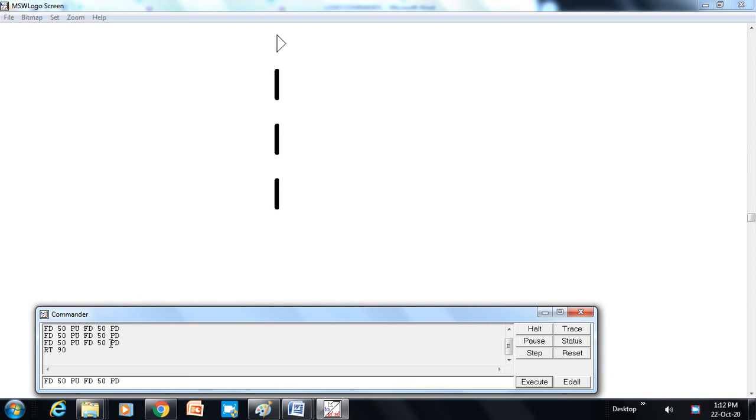Just click over here, click the execute button, again click over here, execute button, again click over here, execute button. Now we will change the direction, RT space 90. As you can see, the direction of the turtle has been changed.